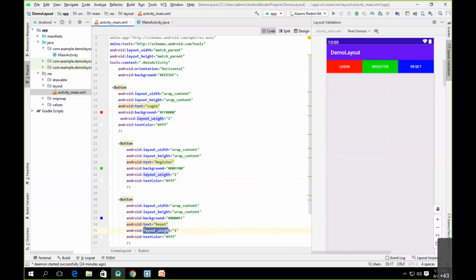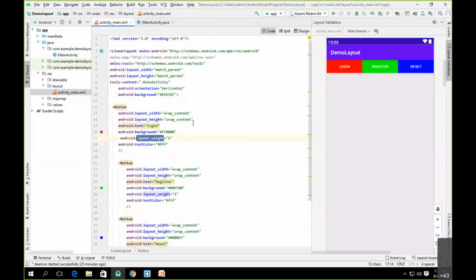Now, what is a linear layout we have studied in short? It's basically an arrangement of the elements either in a horizontal direction or in a vertical direction. Then we saw what we mean by the width property, what we mean by the height property, how to change the background color, how to change the foreground color, and at the same time how to change the text color. Then we saw what we mean by weight. So this is the linear layout.